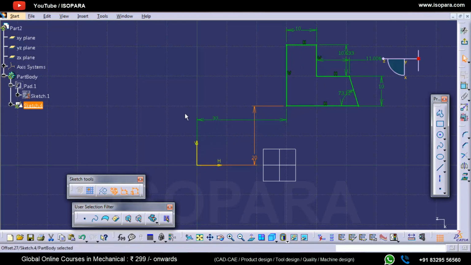Maybe you can create some construction line on the vertical side and some on the horizontal side, and give the dimensions from there as well, but don't give any dimensions from the vertical and horizontal except the two. So only two, not more than two, not less than two, from the vertical and horizontal axis.